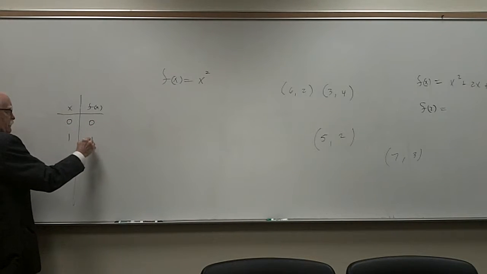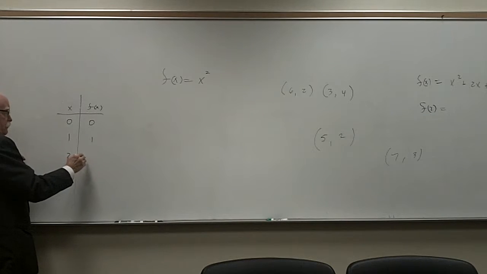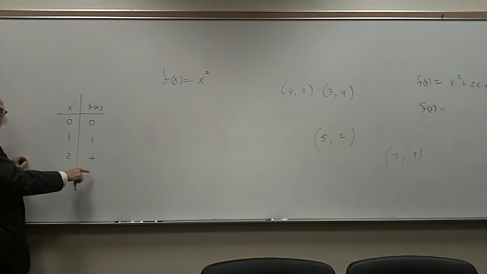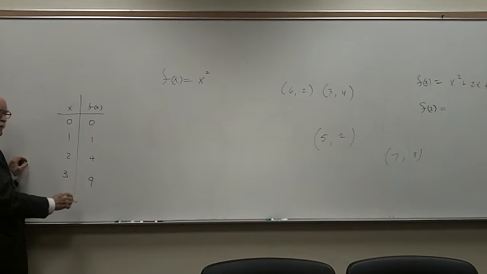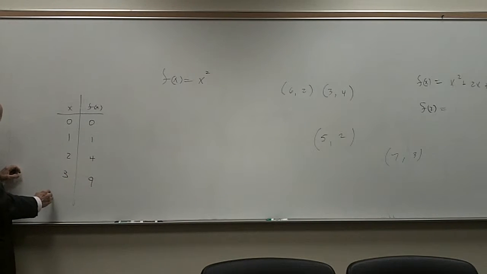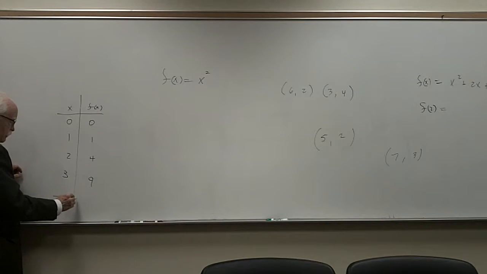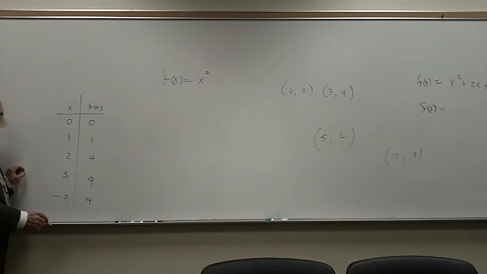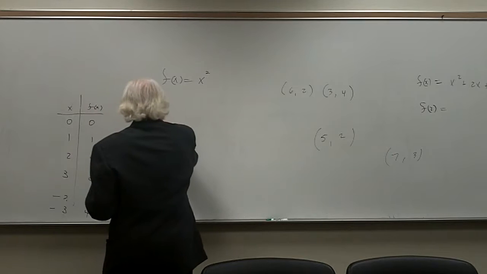When x is 1, this is 1. When x is 2, this is what? 4, right? When this is 3, this is what? 9. When this is minus 2, this is also what? 4. When it's minus 3, it is also 4. So you can see quickly that this